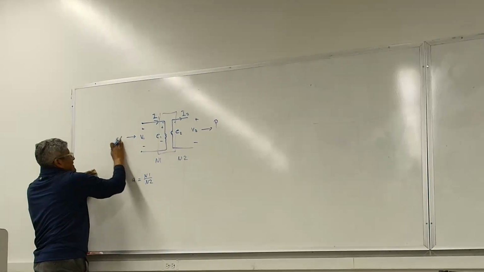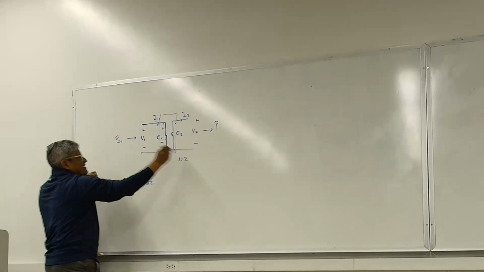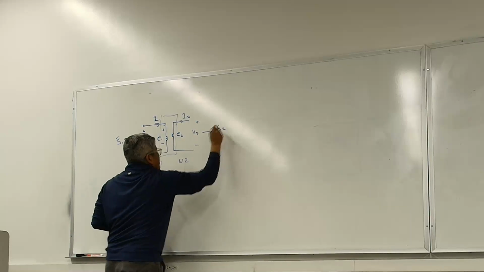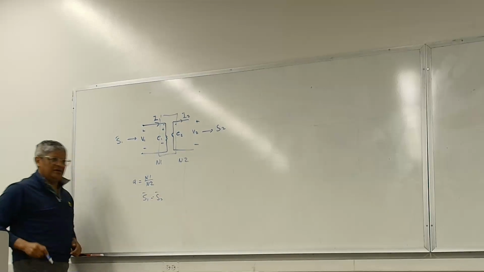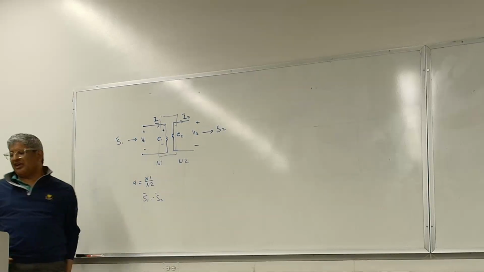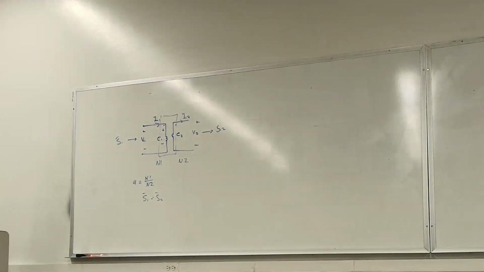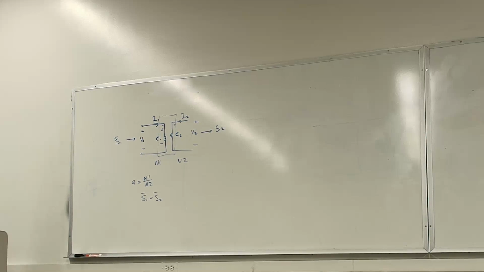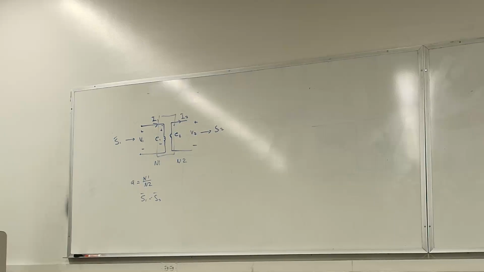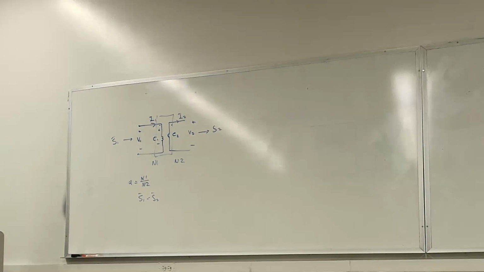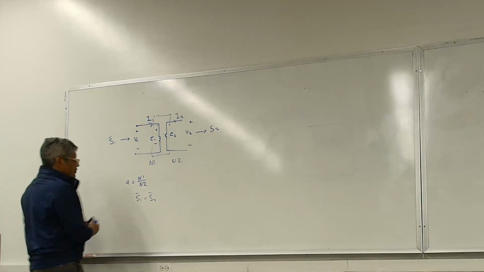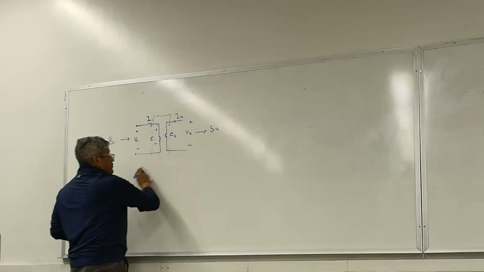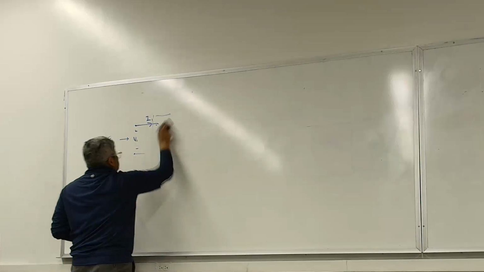Actually, let me do it this way. S1 and S2 are equal, meaning S1 goes in, S2 comes out, because there are no losses that you incur on an ideal transformer. The challenge with an ideal transformer is that if you're running some sort of model, your voltages are all ideal, and we'll talk about that. So let me work a couple of examples for ideal transformers